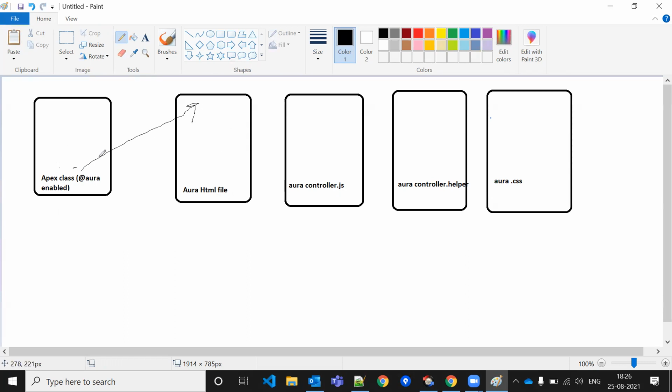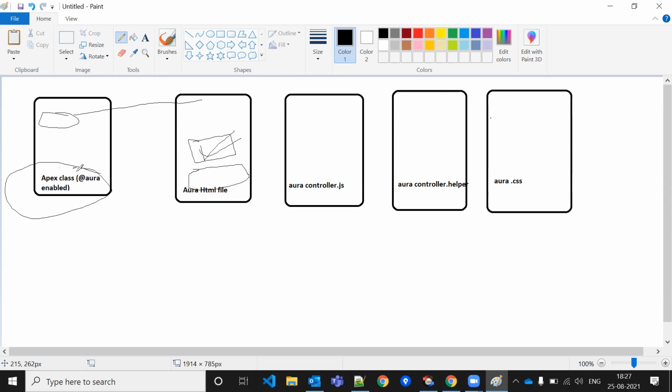Suppose this is the name of the Apex class. Directly you can call it on the top of the HTML file only, like a Visual Force page. But suppose you have created a button on the Lightning component. If you click on this button, some action is performed. Suppose there is a section expanding at the bottom. Maybe this is a checkbox; if you click on this checkbox, a section will open at the bottom of this page. Suppose this is the functionality.